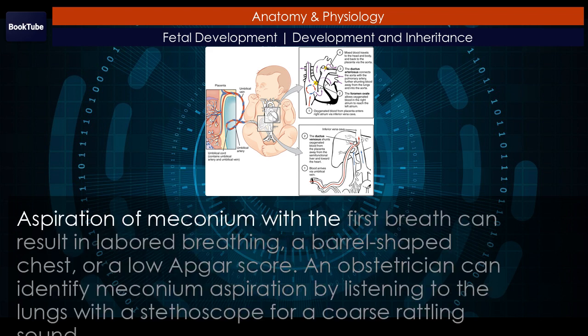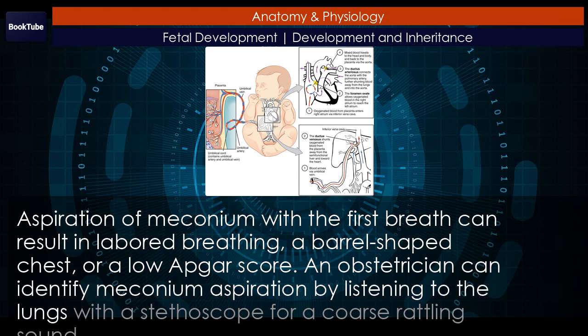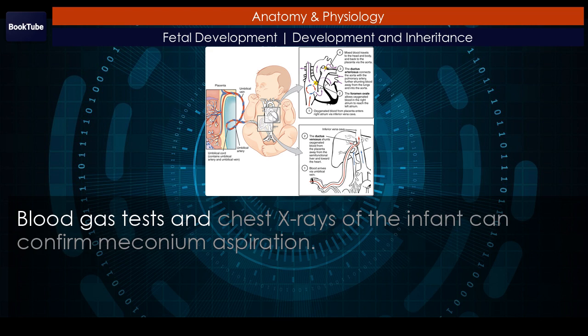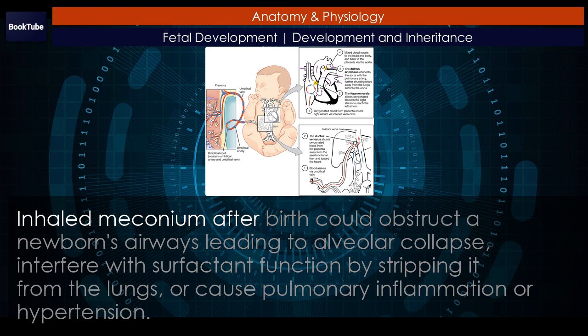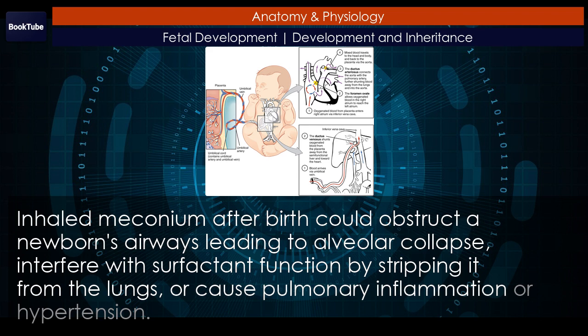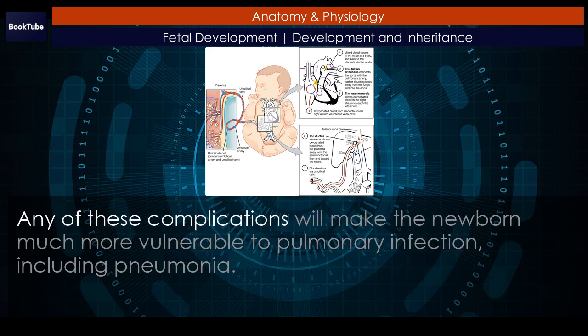Aspiration of meconium with the first breath can result in labored breathing, a barrel-shaped chest, or a low Apgar score. An obstetrician can identify meconium aspiration by listening to the lungs with a stethoscope for a coarse rattling sound. Blood gas tests and chest X-rays of the infant can confirm meconium aspiration. Inhaled meconium after birth could obstruct a newborn's airways, leading to alveolar collapse, interfere with surfactant function by stripping it from the lungs, or cause pulmonary inflammation or hypertension. Any of these complications will make the newborn much more vulnerable to pulmonary infection,